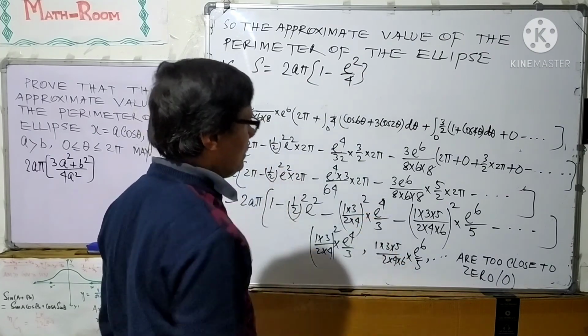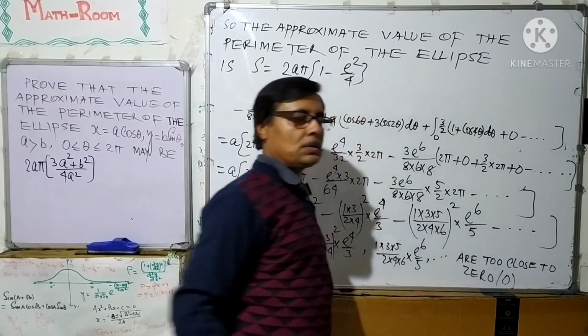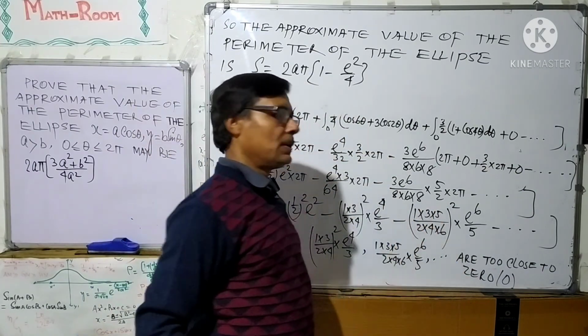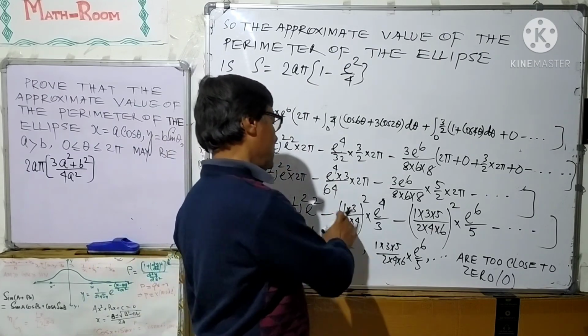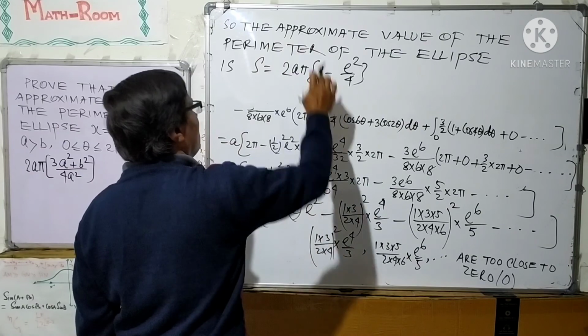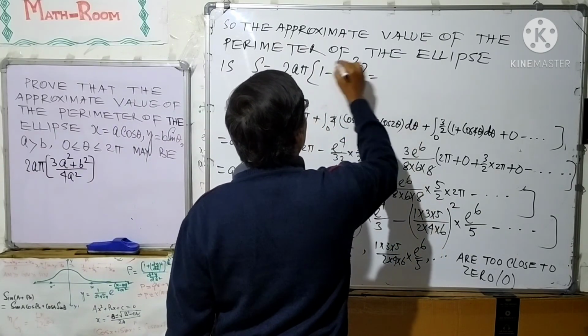Here other terms are negligible, because they are too close to 0. These terms are too small, approximately equal to 0, so they are neglected. So this is the approximate value of the perimeter, which we can also write